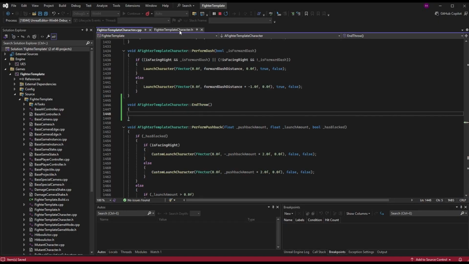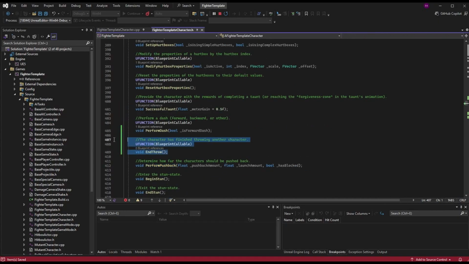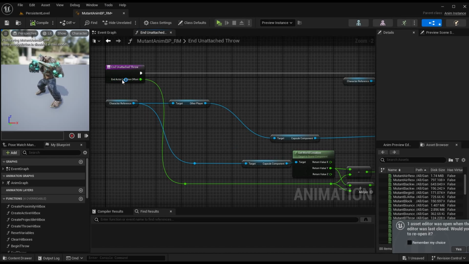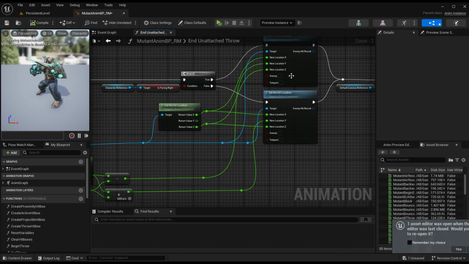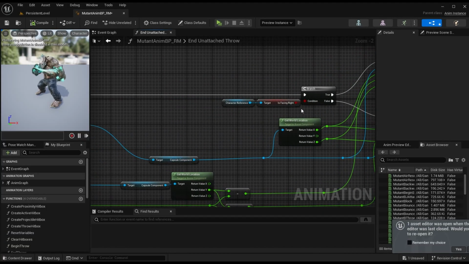Okay, now we have our function that we created in the header. This function takes in a float, the end actor location offset. This value exists because before throwing the character, we disabled the collision with the capsule components, which I mentioned earlier. But when we go to enable them, we need to make sure that the capsule component is in the proper